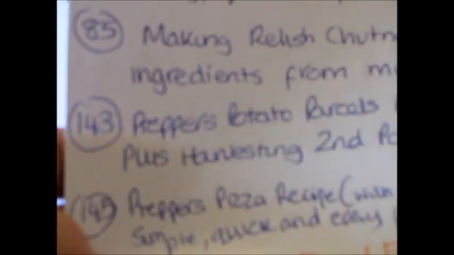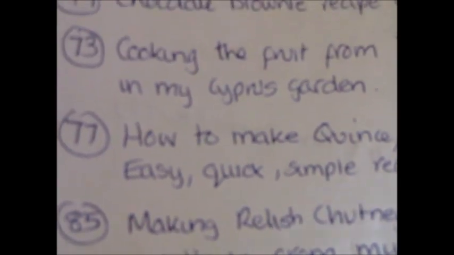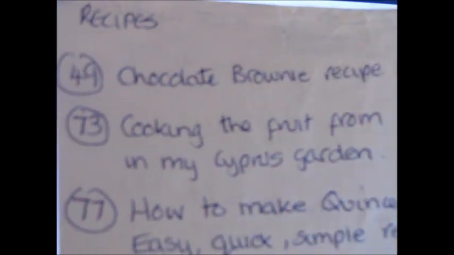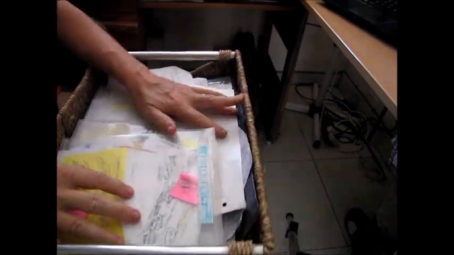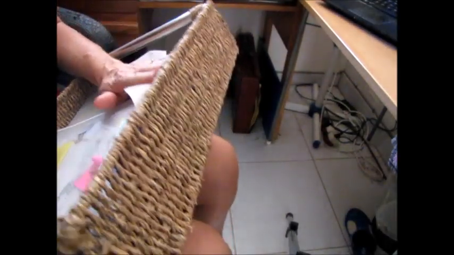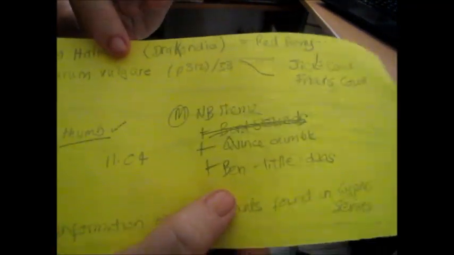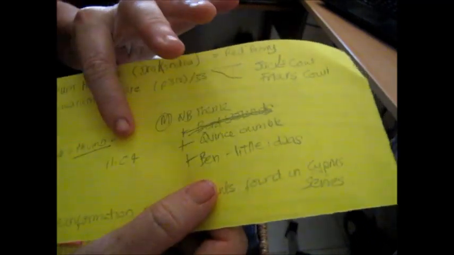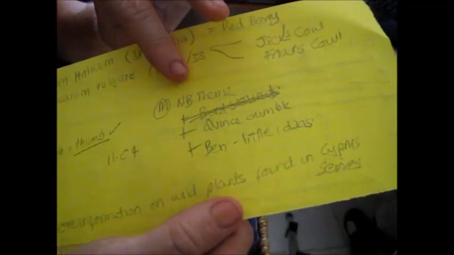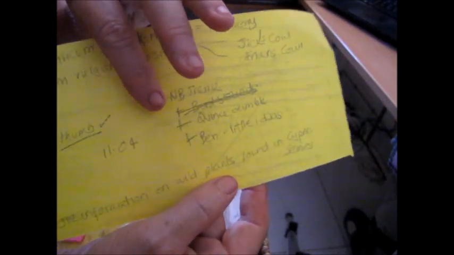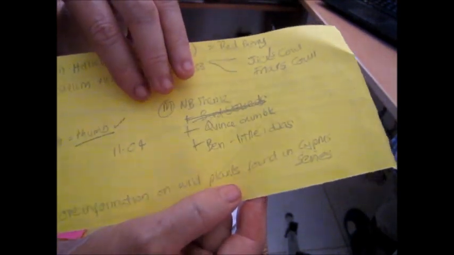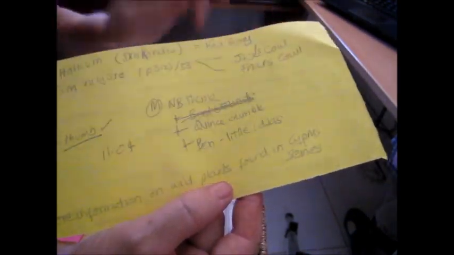So I hope this is helpful to you, and for me it works really well. And I also have this basket. Every time I make a video, I get a little bit of paper and I write on it the title and how long it is and all the music I've used. And if I've said something in the video, I'll link below. As I edit, I add that as well.